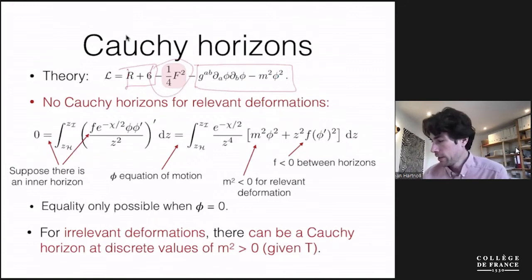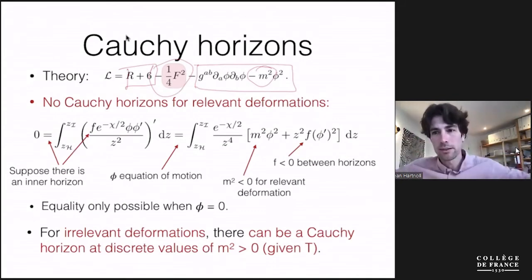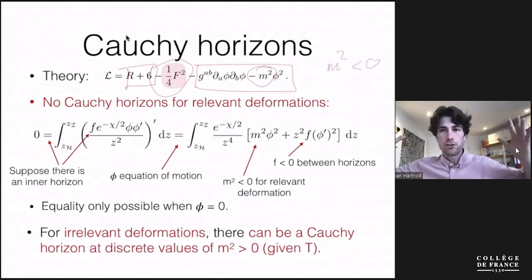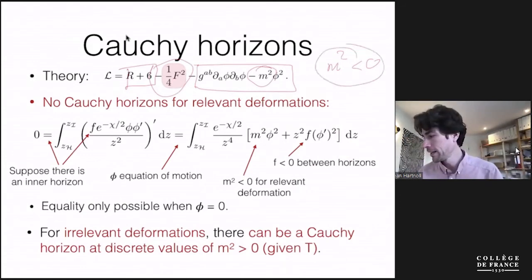Now, at this point, I should tell you something: in AdS, the mass squared is allowed to be a little bit negative, okay? You don't automatically get an instability, and it's because AdS is like a box, and boxes cut off long wavelength instabilities. And so it turns out in AdS, the mass squared is allowed to be a little bit negative. It's something called the Breitenlohner-Freedman bound. But if the mass squared is positive, these correspond to perturbations that grow as you go into the bulk, into the interior, whilst if the mass squared is negative, they get smaller as you go in. For that reason, ones with mass squared being negative are called relevant deformations. So for that case,